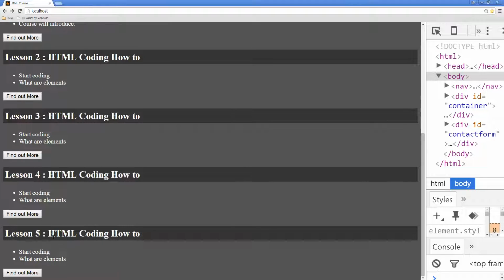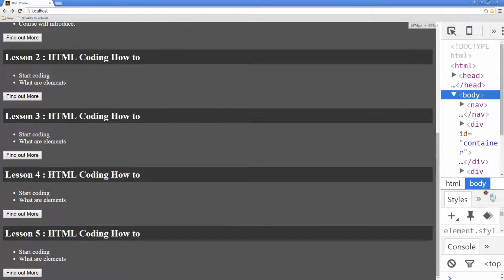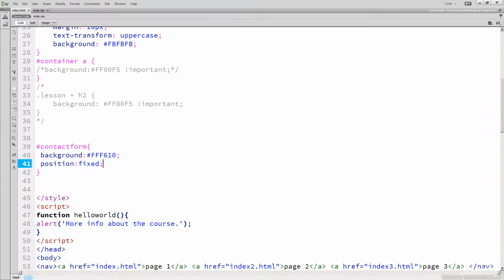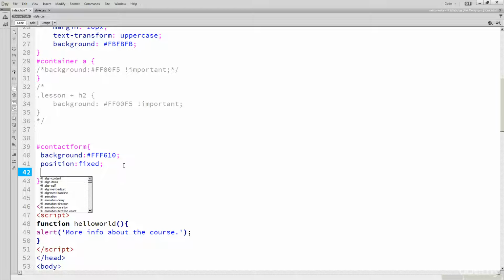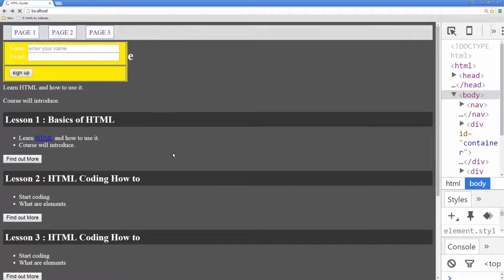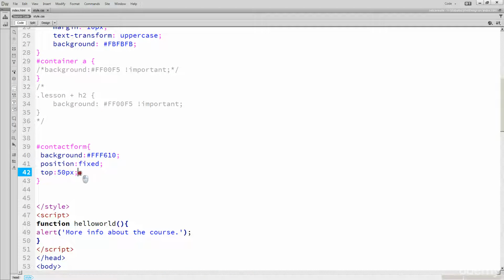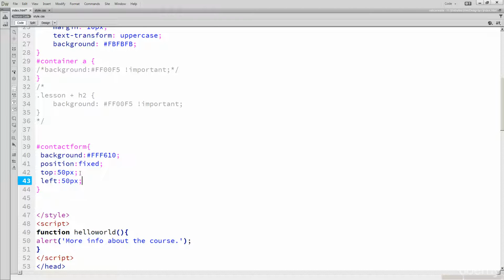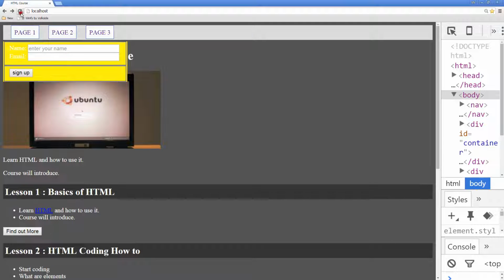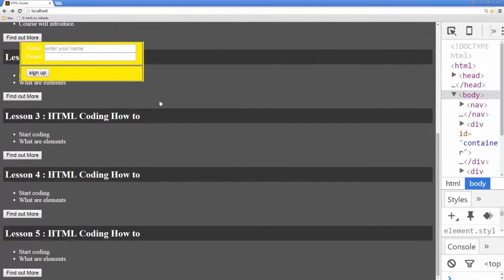And we see that it's actually disappeared off of our HTML document. We don't know where it is. It's fixed, but the location hasn't been specified. And when you use fixed, you actually have to use an additional value to position it. So we can do something like top, we can do 50 pixels from the top, refresh that, and you see that right now it's going to stay within that 50 pixels from the top. We can also maybe do left 50 pixels, just to keep it spaced properly,